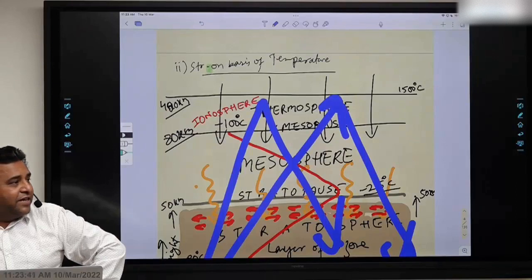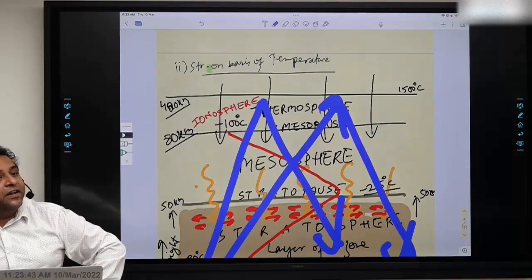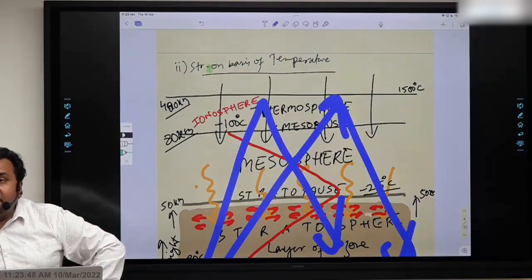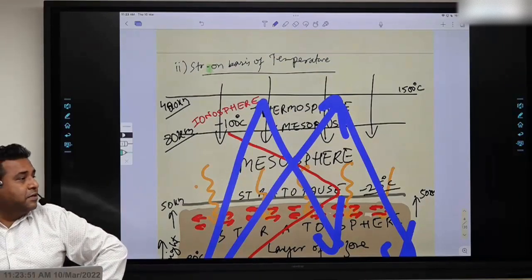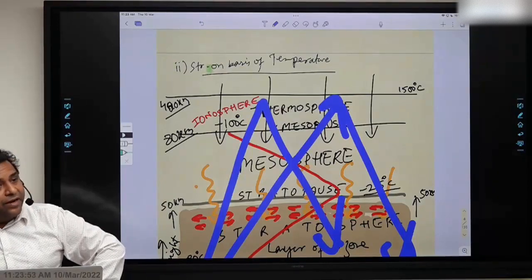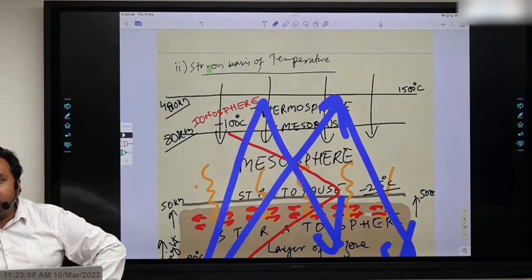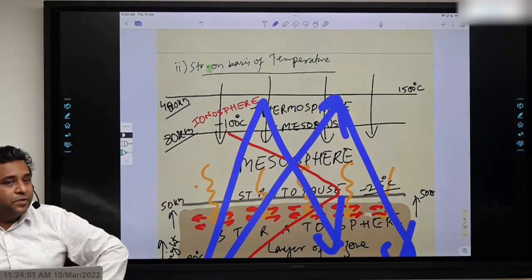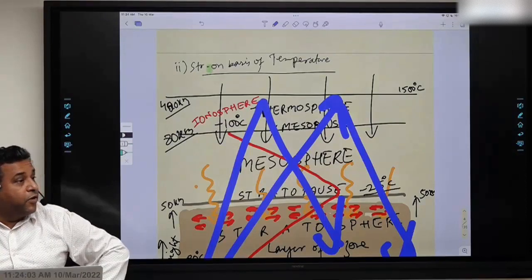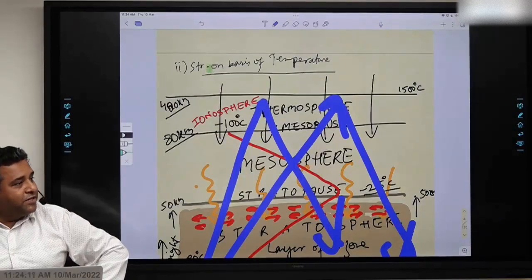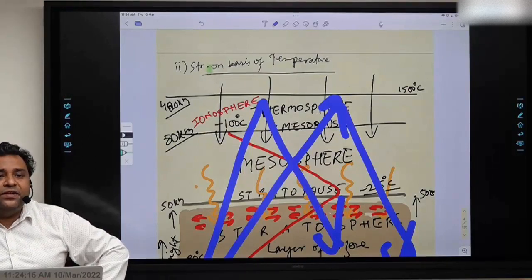So when electricity and magnetism, their fields interact, what is produced? Electromagnetic radiations. And light is an electromagnetic radiation. So what will be produced there? When the ionosphere interacts with solar charged particles and Earth's magnetism or Earth's magnetosphere, what will be produced? Light. And that light we call aurora. So that aurora phenomenon is created here. This is the simple explanation. I am not going into the physics. I am explaining it in a very simple way.